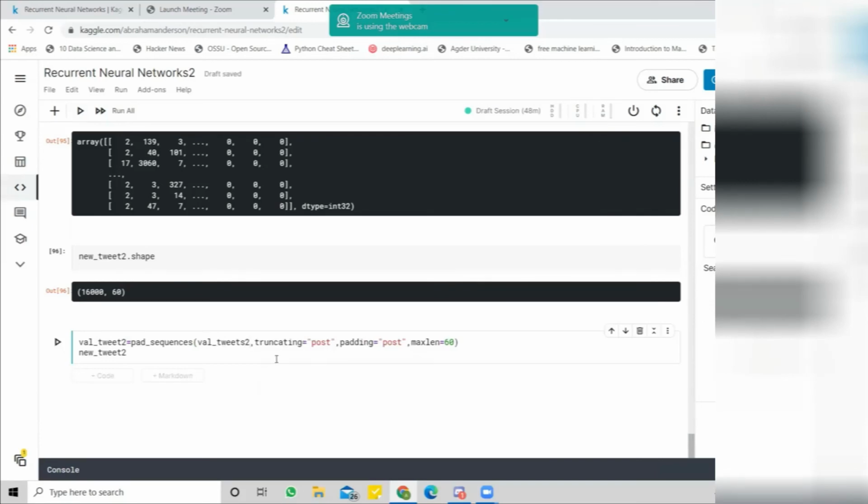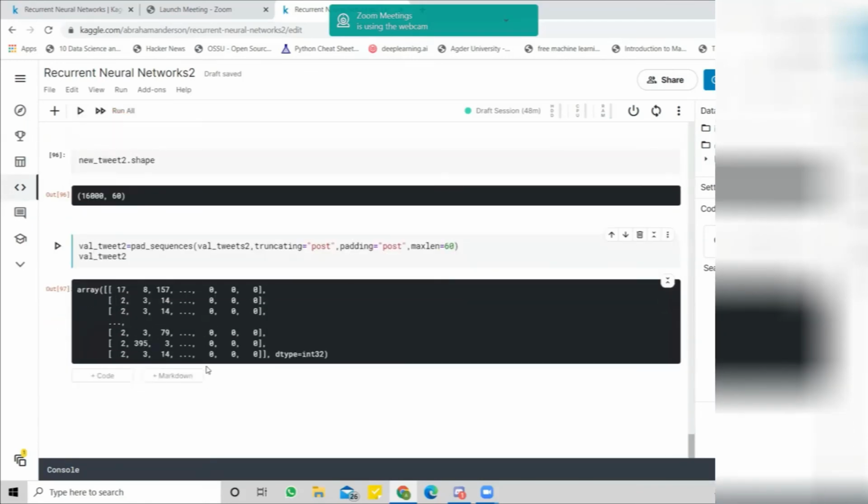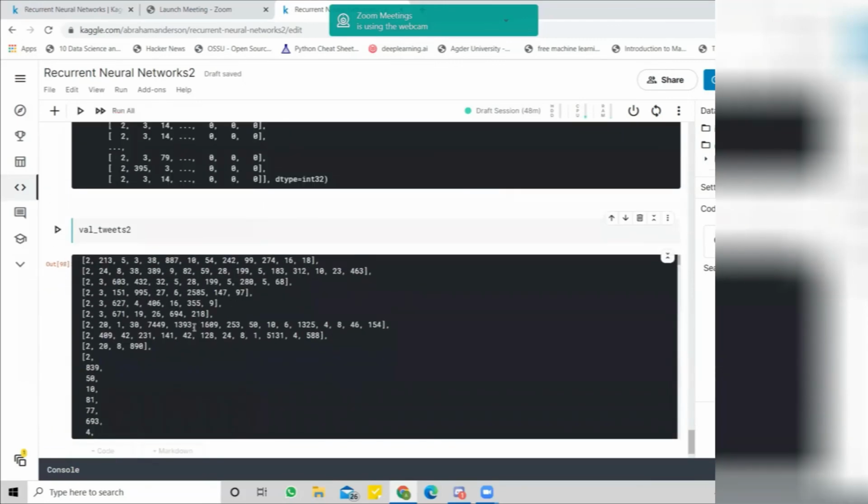I think we will do the same operation. Yes, I remember correctly. Interesting. Yes, this is a transformed version of the validation tweets. If you want to see this one, let's see validation tweets 2. Yes, these are validation tweets.